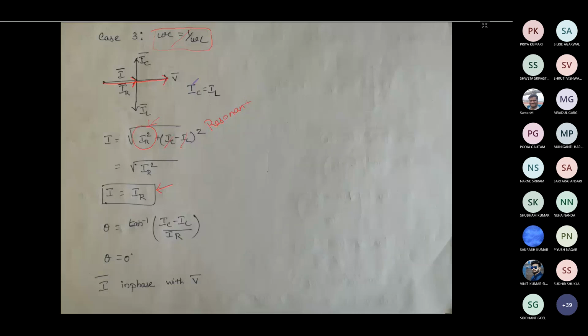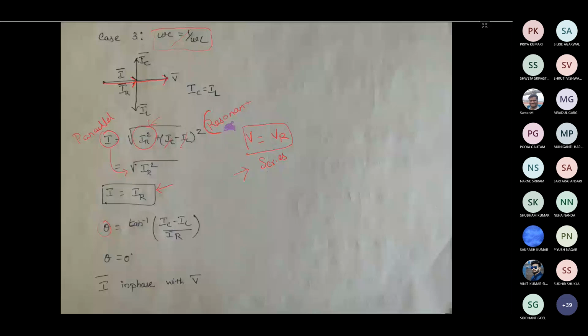So similarly in series RLC, what we got is V is equal to V_R. Okay, this is for series RLC circuit, and this is for parallel RLC circuit. So what it means is, in parallel RLC circuit, the resultant current will be equal to the current flowing through the resistor. In the series RLC circuit, the resultant voltage will be equal to the voltage across the resistor. Okay, here the angle is 0. In series RLC circuit also, the angle between the voltage and current is 0, because both are in phase in nature. So now this is called as resonant condition.